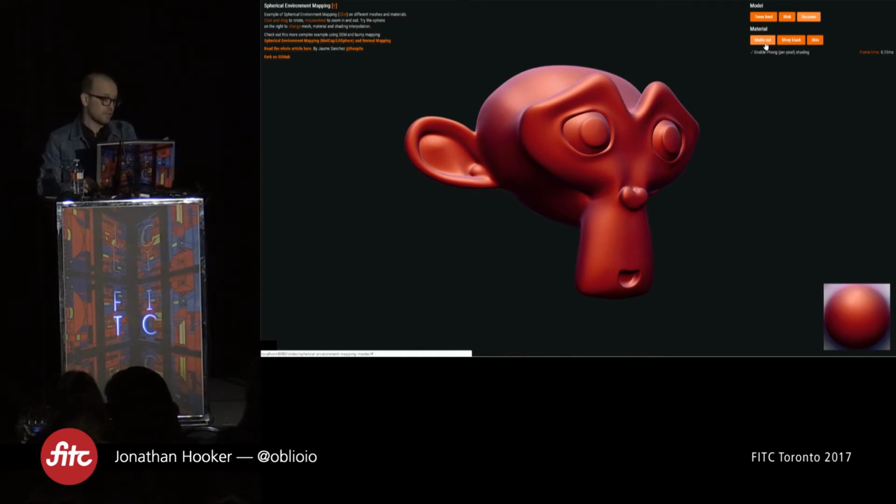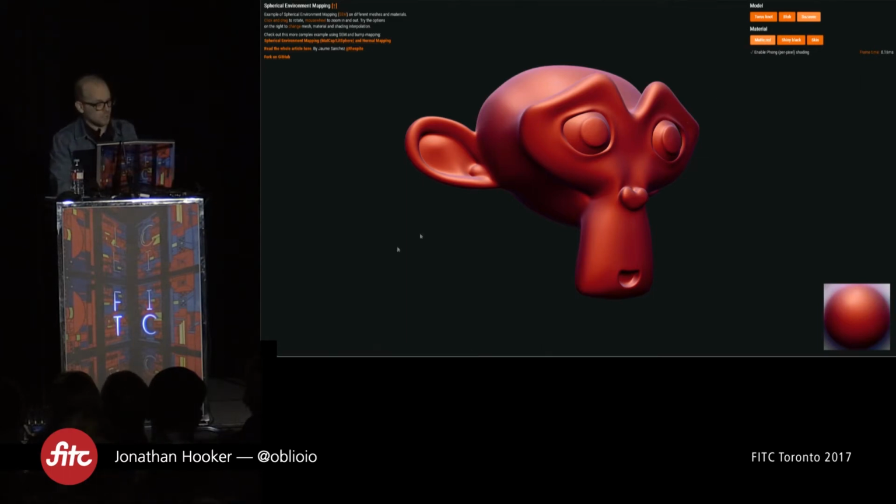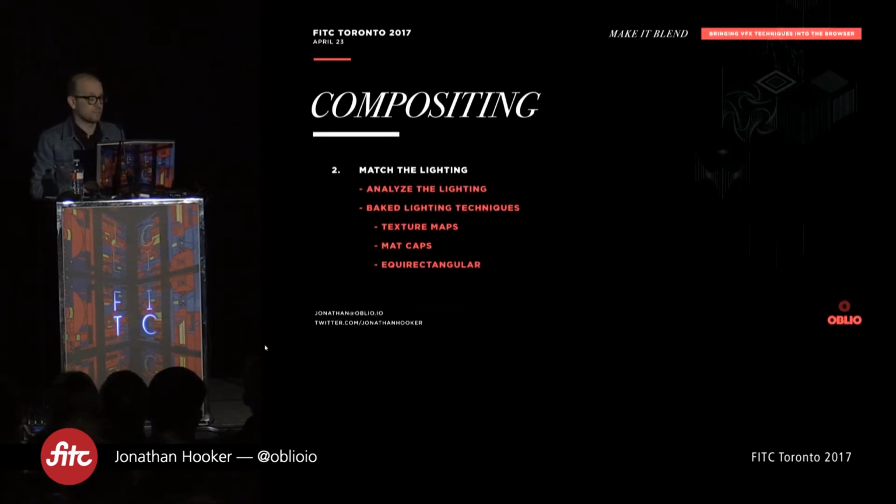The shader for this, so I actually have, this is just an iframe showing the Spite's demo. If you just Google, I think just 3JS spherical mapping or something like that, you'll get the same demo. And he actually has the source code and everything. It's super awesome, really useful. I recommend it. But if you need 360 and you want to bake your lighting, you can also, basically instead